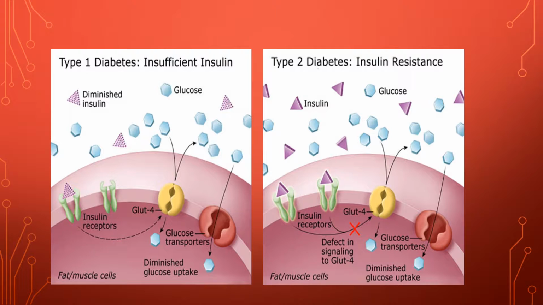There's so much insulin signaling all the time that eventually the body just ignores it because it assumes it doesn't really need it. So the message from the insulin receptor to the GLUT4 transporter doesn't get passed along. So there's lots of glucose out here in the bloodstream that doesn't get transported into the cell, not because there's not enough insulin, but because the cells are resistant to it. So the end effect is the same. The effect is that there's too much glucose in the blood and not enough in the cell.